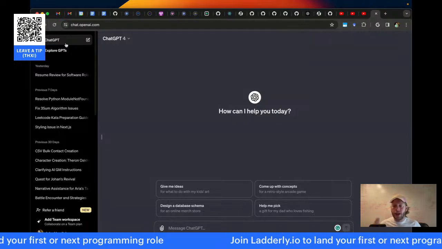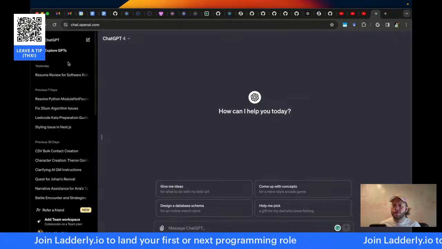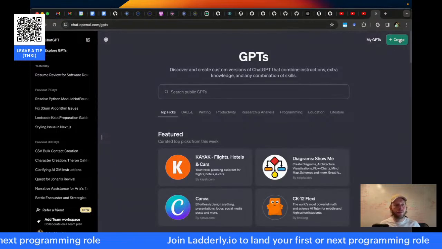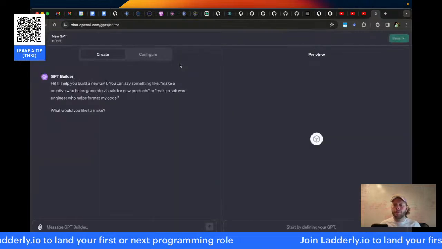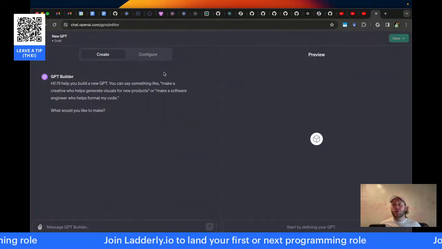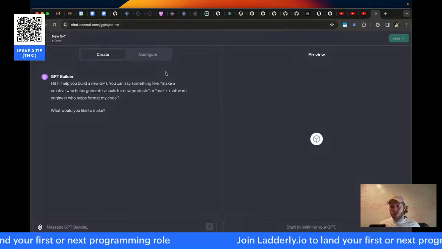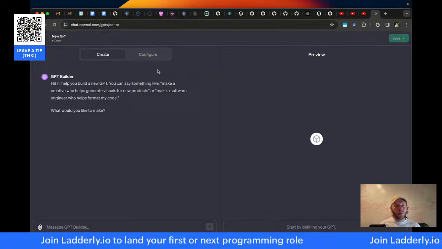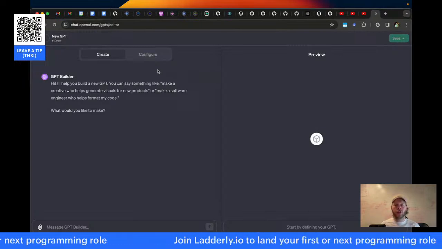Okay, so here I am. I have the premium, so there's GPT-4. And let's go to my GPTs and we'll create a GPT. I've made some before, but I deleted them all because I found that it wasn't a good experience, actually. The GPT builder is one of the things that I think did a poor job. So in the past, I've explained to it what I was trying to do, and it basically